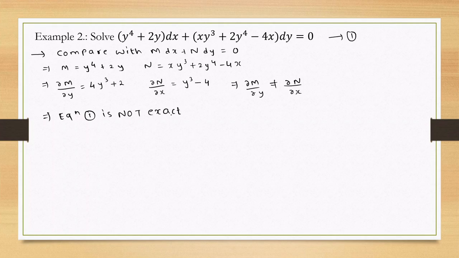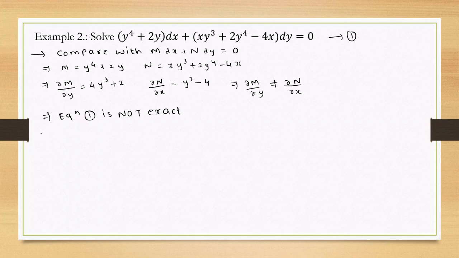Equation number 1 is not exact. But we can convert it into an exact differential equation by multiplying by some factor, and that factor is called the integrating factor. And we have learned how to find the integrating factor by rule number 1 and rule number 2. Now,